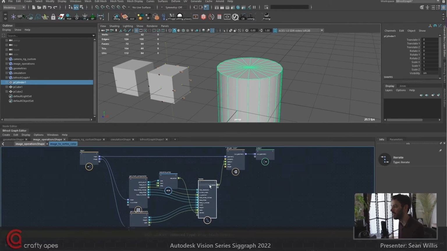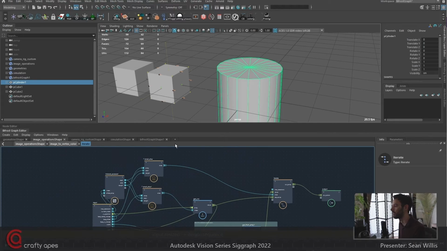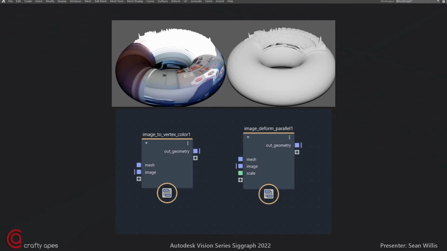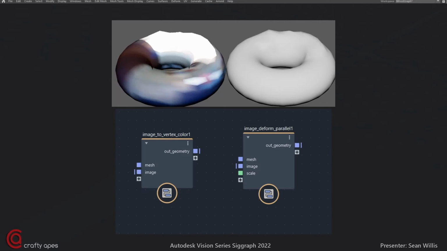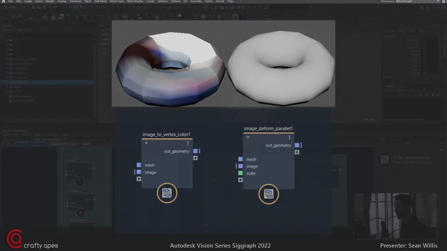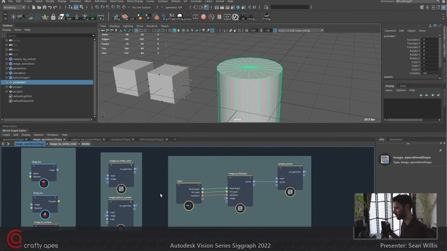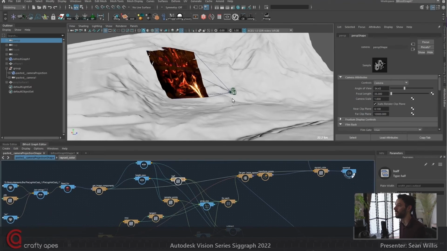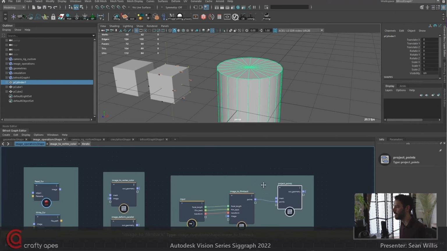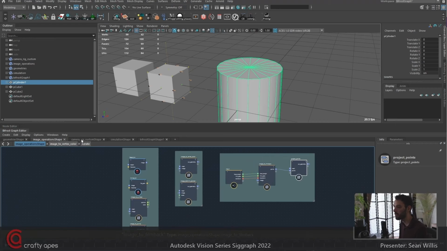inside of here, and we can just iterate through and sample all of these. And then image deformation, that's literally just a texture deformer. This works exactly the same as my texture deformer, and it slightly underperforms it. So it's only like 0.3 or 0.4 seconds of a difference if you're moving interactively. And then we have our image to film back, the project points, which is what was used here. Yeah, and that's it for the image operations.